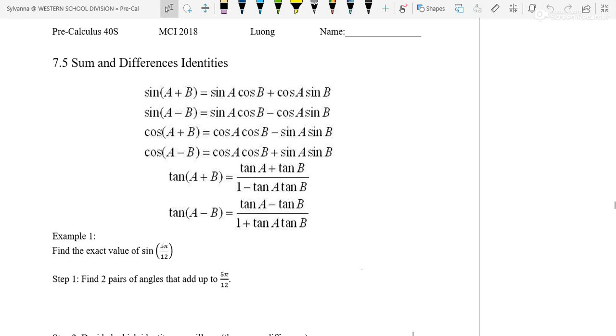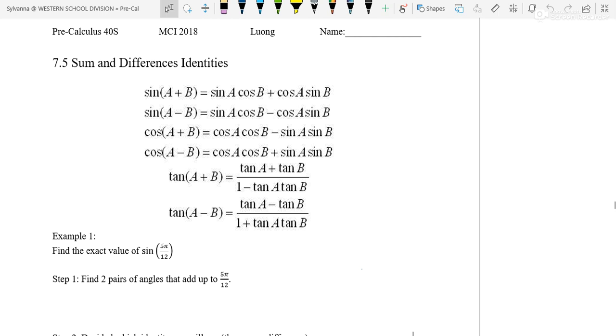Now we're going to look at some sum and difference identities. These are ones that you don't have to memorize, because they'll be on a formula sheet for you whenever you have a test or an exam. But what you do need to know is how to use them. For this in particular, they're really good for finding the exact value of angles that we are not used